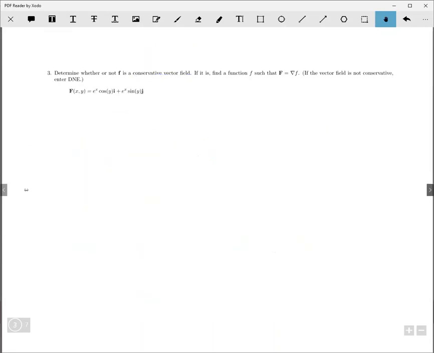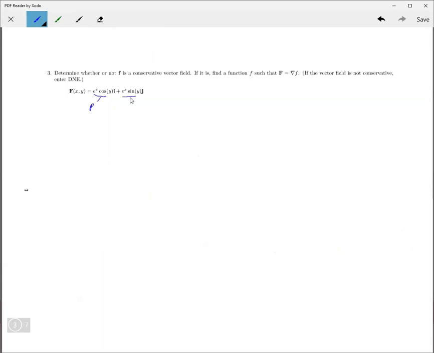Okay, so that's another exercise. Determine whether f is a conservative field. So again, this is our p and that's our q, right? So we check it by taking the partial of p with respect to y and the partial of q with respect to x and seeing if those are equal. So this is just with respect to y. So I'm going to get negative e to the x